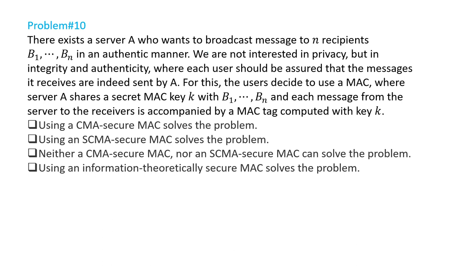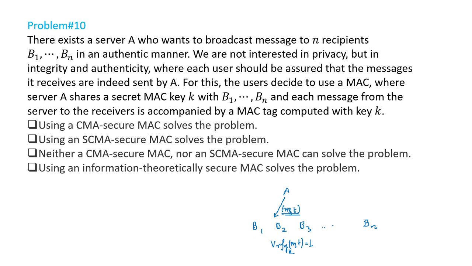What can happen is that, let's say what we really want is that there is the server A, and there are participants B1, B2, B3, Bn. We want that if some message comes from A to some Bi with corresponding tag T, we want to ensure that this tag should be generated by the server only. So if we validate this tag with the verify algorithm to be 1 with the key k, then we know that this is coming from A only.